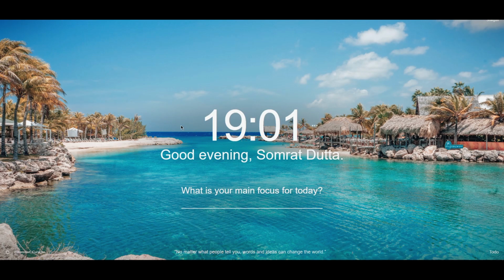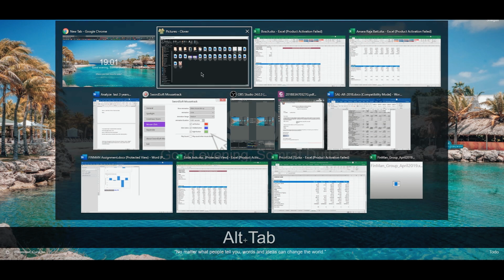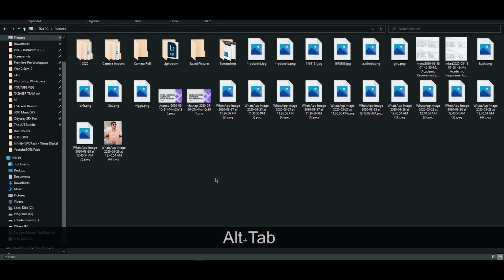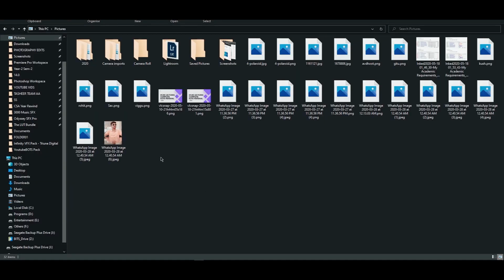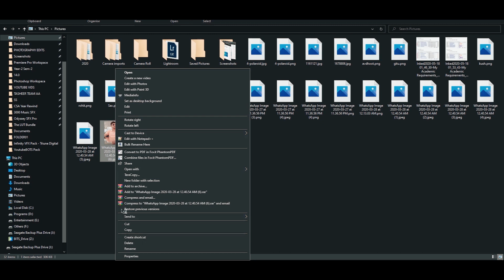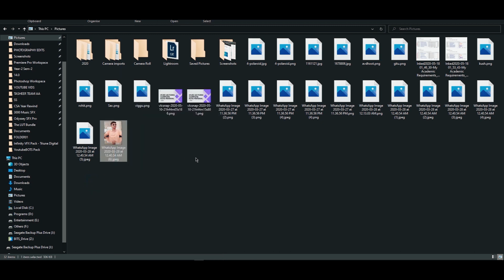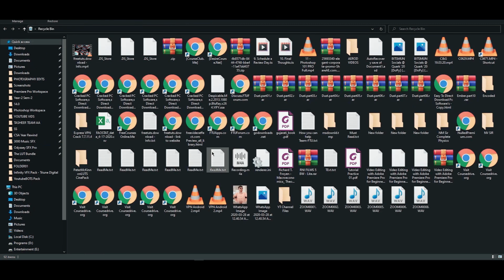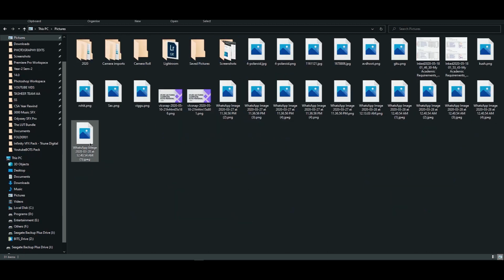The next shortcut most of you will know, but if you don't, it is pretty useful at times. I'm just showing, if you want to delete this photo, you can simply right click and delete, or simply use the delete key on your keyboard. I press delete, and it shows right here. See, the photo that I deleted didn't actually get deleted. So if I want to permanently delete it and save some space on my hard disk, I can click on delete again. But this is not a very fast method.